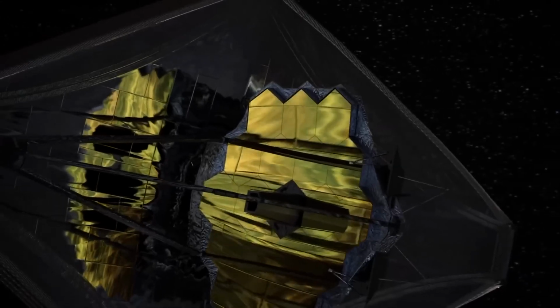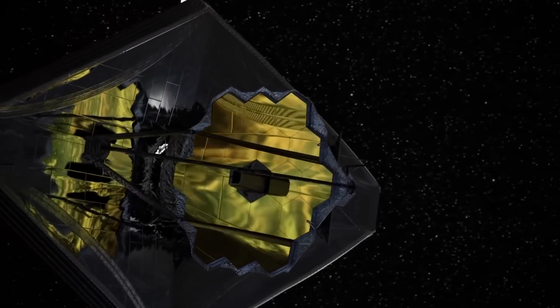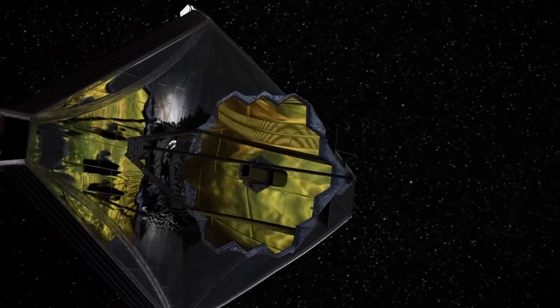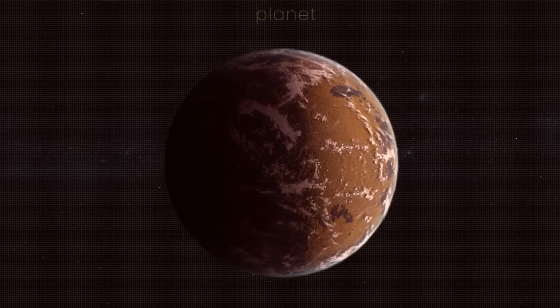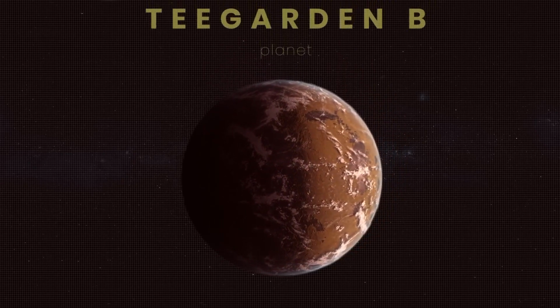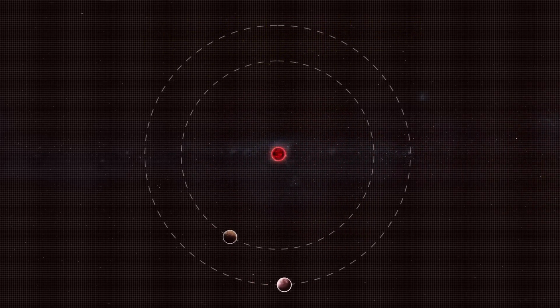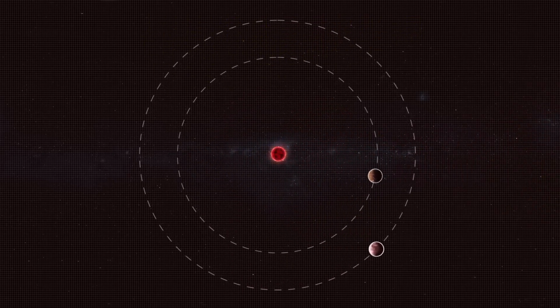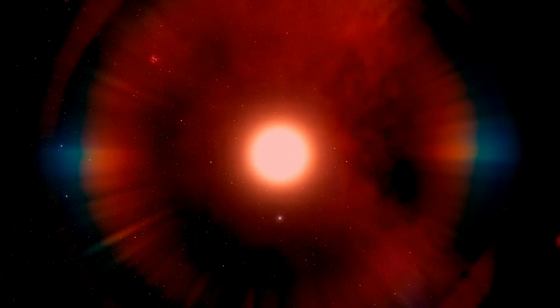In recent years, advances in technology allowed us to uncover a multitude of exoplanets and moons with striking similarities to Earth. One of them was found in 2019 and called Teegarden B. This is a super-Earth, orbiting an M-type star every 4.9 days at a distance of 0.0252 AU. The Teegarden star is one of the closest stars to our solar system, located about 12.4 light-years away